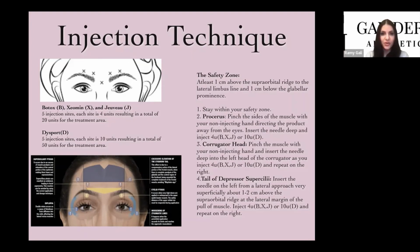So you want to make sure that you're not going too deep, because you can actually cause a lid drop or brow drop there. You do want to make sure that you're 1 centimeter above that orbital rim and that you are medial to the lateral limbus line. So as long as you're in that zone, you're going to be very safe, and superficial